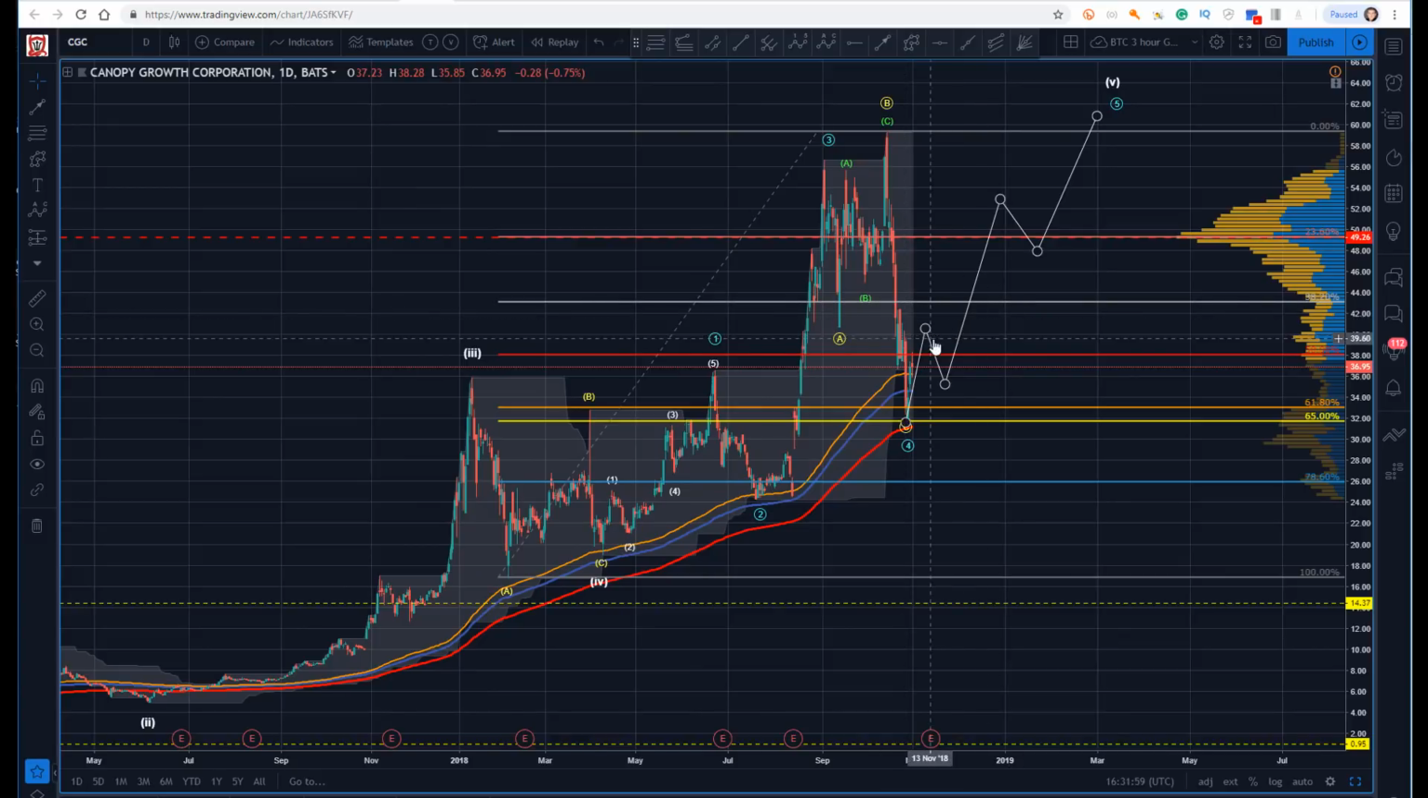Now, so is there a trade there? Sure, yeah, there's definitely a trade there. So it's a question of how aggressive you want to be. So if I really zoom in here,